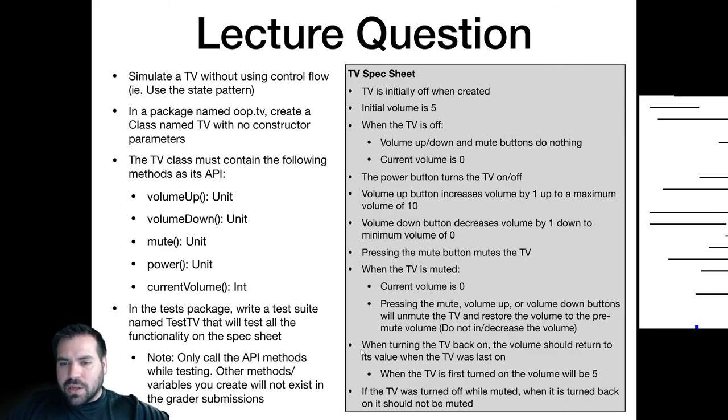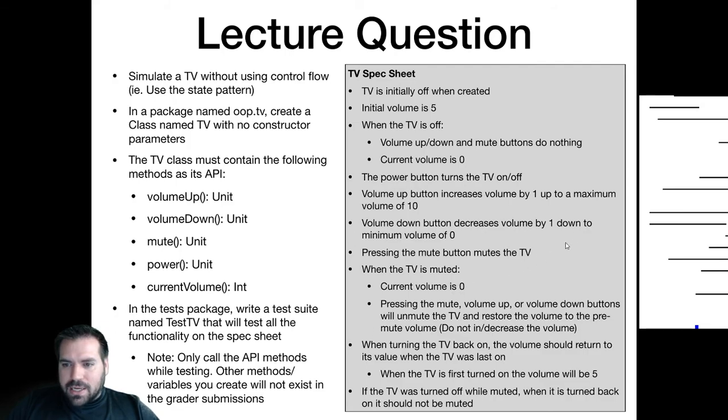But then when we switch to another state, like if I turn the TV on, increment the volume twice, so the volume is 7, and then turn the TV off, current volume is going to return 0 in the off state, but the TV still wants to remember this volume. So when I turn it back on, the volume is still 7, and I just resume using that variable. So if you have a volume variable inside the TV class itself, independent of state, then the state just controls: does current volume return that internal variable, that volume, or does it return 0? So you have a few states that return 0, a few states that return the volume. I guess just one state that returns the volume. But there's your lecture question